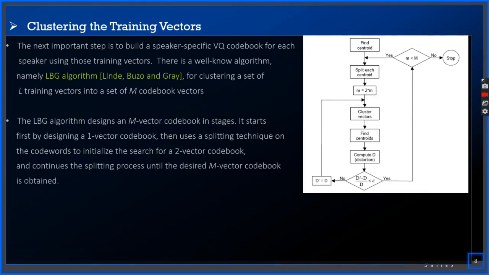And then this is called the splitting technique on the code words to initialize the sets for the two-vector codebook, and this splitting continues until the desired M-vector codebook